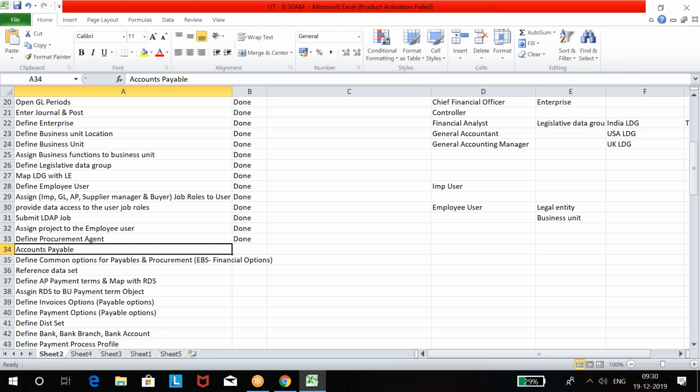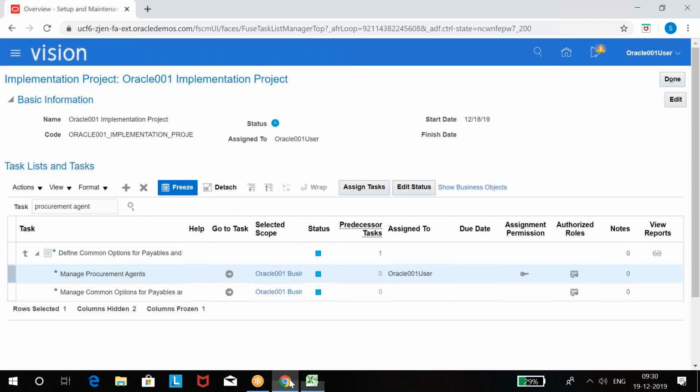See, to do setups, what access is required? You need setup maintenance and financial offering. This access is required for setups, but you don't need an employee user for these setups. Employee user is required for business activities or business functions to perform. Clear? Clear, Ram?